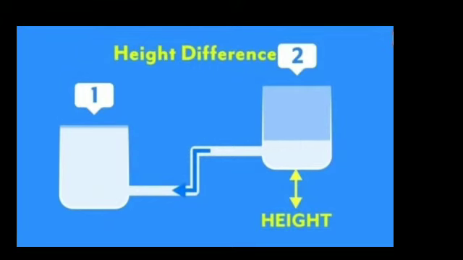Now, see this another diagram. If you want to flow water from the second beaker to the first beaker, what do we have to do? Suppose we increase the height of the second beaker. What will happen then? Due to the height difference, the water will move from the second beaker to the first beaker. As we know, the direction of flow of water between 2 points depends on the level of the 2 points.